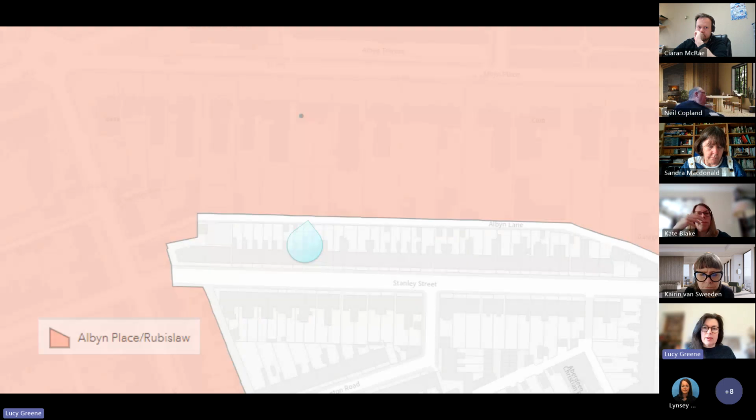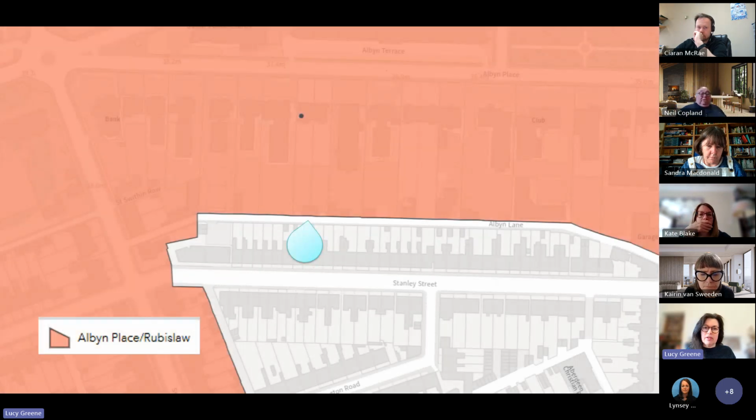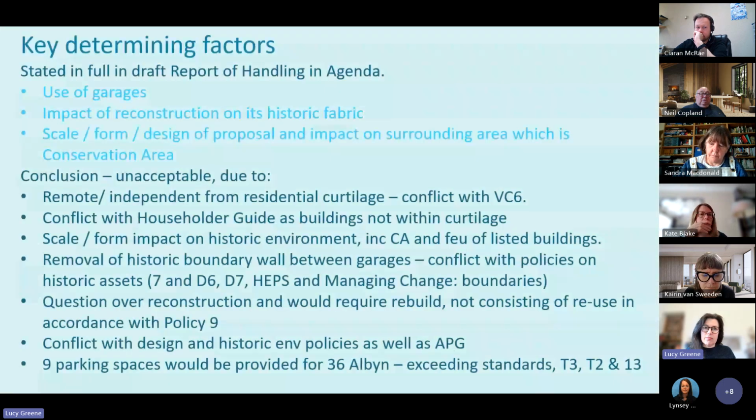So the site lies within the Albyn Place and Rubislaw Conservation Area. This is the conservation area in the orangey colour, and the garages are just there. So the key determining factors in the draft report of handling, which is in the agenda, are stated as